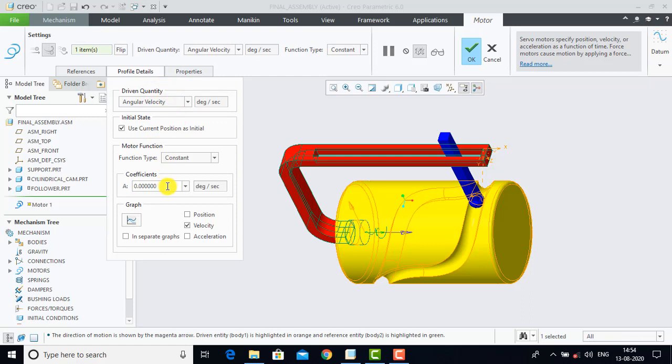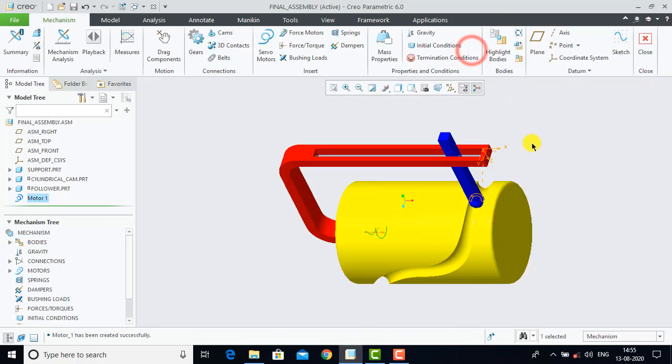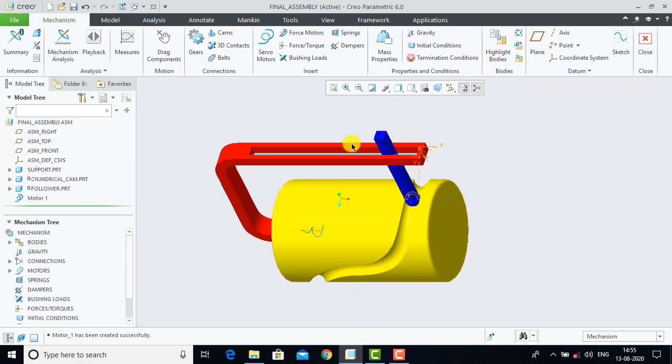The angular velocity in this case is constant. You can apply any kind of this cycloidal or anything like that, but here in this case it is constant, so we select here constant. Now here the value of the velocity is 60 degree per second, so we'll enter here 60 degree and then we'll click on OK.